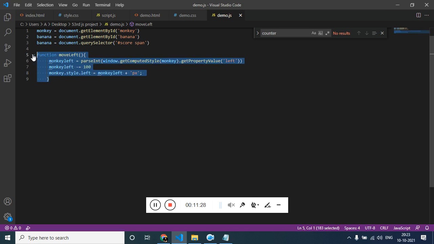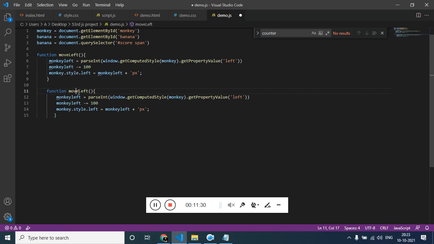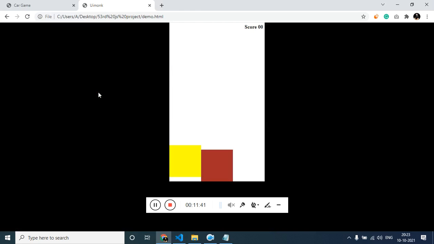The same way for the right, moveRight, and this is going to be left. Instead of minus it should be plus, and everything is the same.